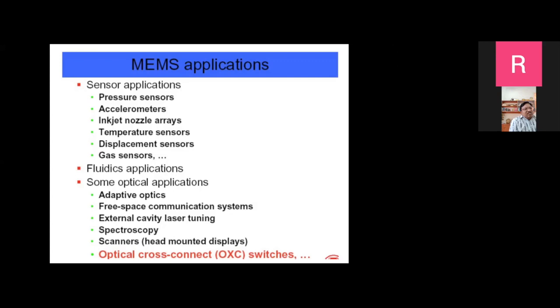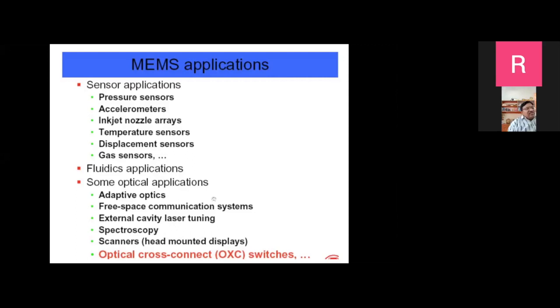Along with the movement, yesterday we have seen that you can already make them on a small chip. But can we reconfigure them? Can we program these? Can we move these? This is a question. There's also recently a terminology called programmable photonics. That means you can reconfigure the devices on the chip and you can make a different system. Suppose you have a lens, a mirror, a beam splitter, and a detector, etc. on the chip. You can configure it as an interferometer, different types of interferometer, or a coupler. So with the same system, you can program it and do many things. That's what is meant by programmable photonics and system on the chip.